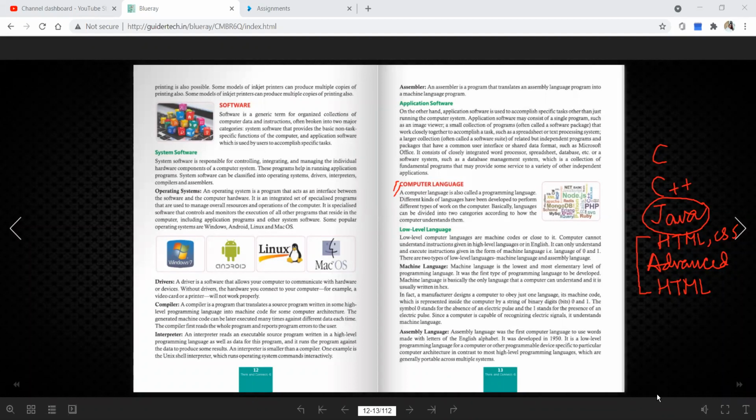Here you will learn the low level language, which was very primitive, machine language, assembly language. Here only mark those parts which you need to know. Examples of languages, whatever I have given, these things you need to learn. If possible, somewhere in your book, please write those things. Example of computer language. And here you just read.